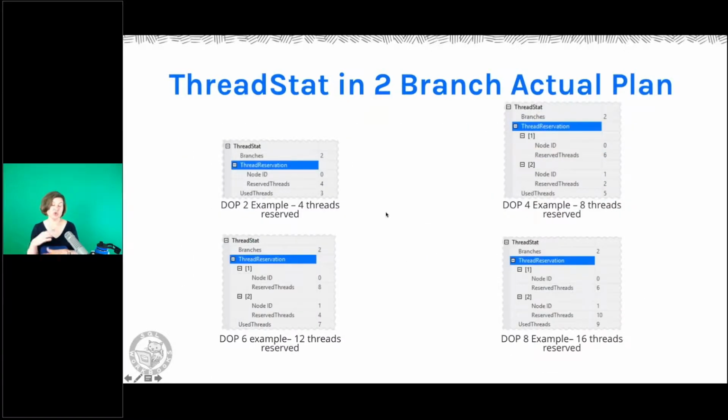This is just screenshots of that thread reservation that we saw in this execution plan, which has 2 branches. When we were at degree of parallelism of 2, we reserved 4 threads, and we ended up using 3. We were able to reuse some threads. When we were at DOP 4, we reserved 6 threads. Or sorry,